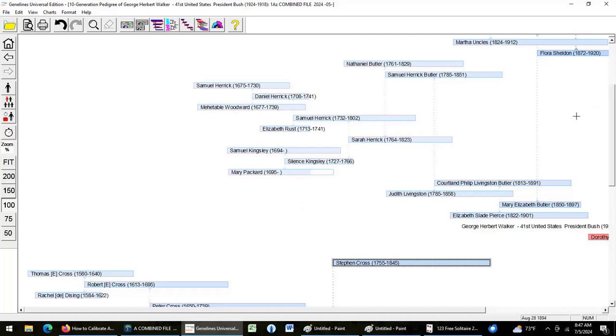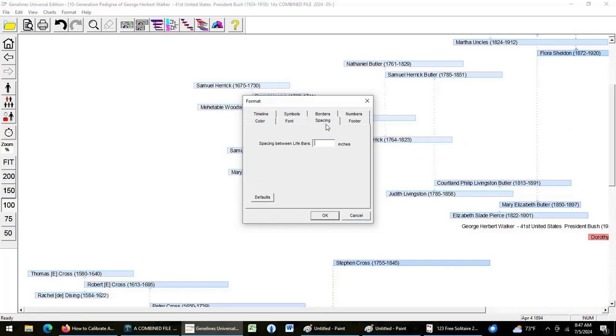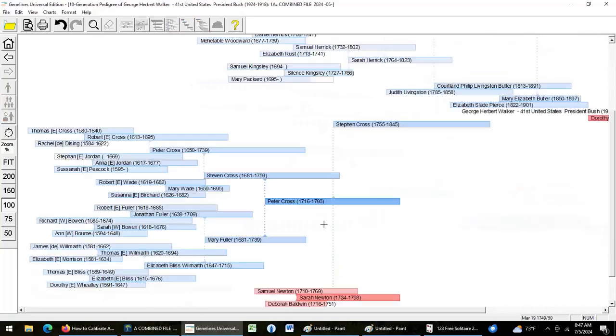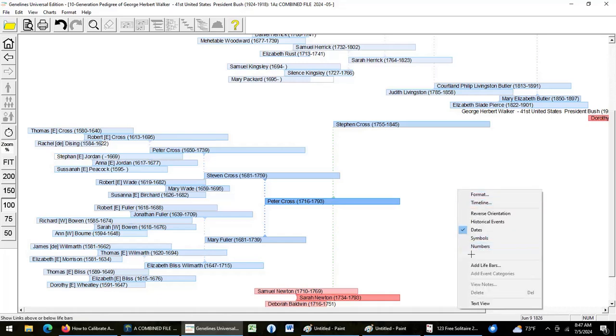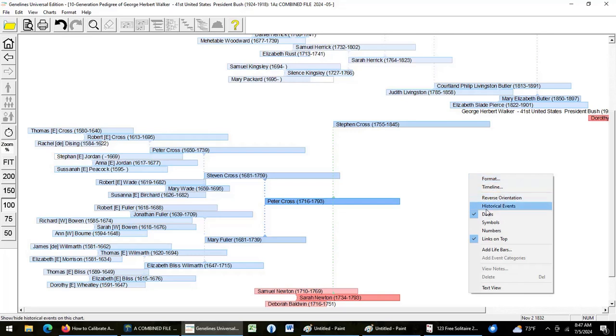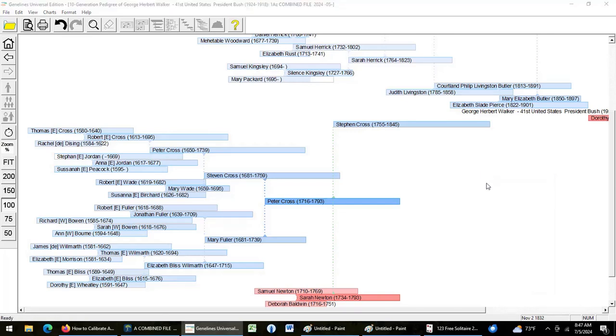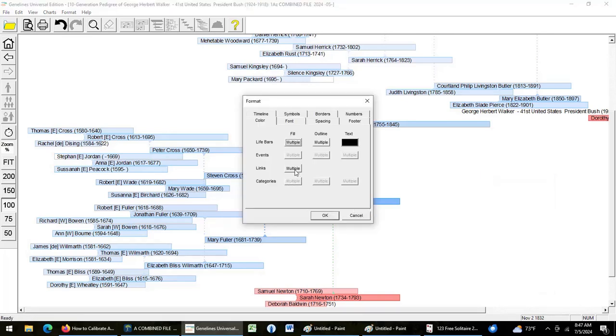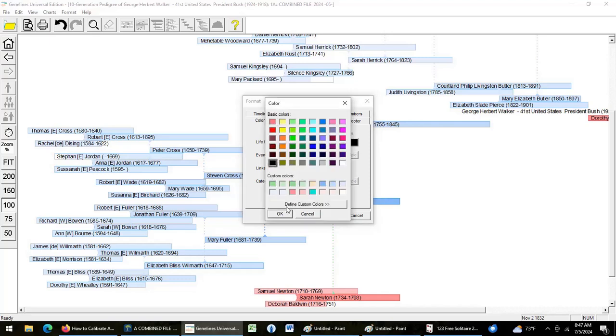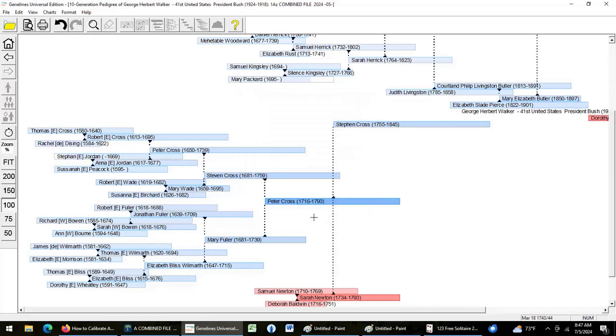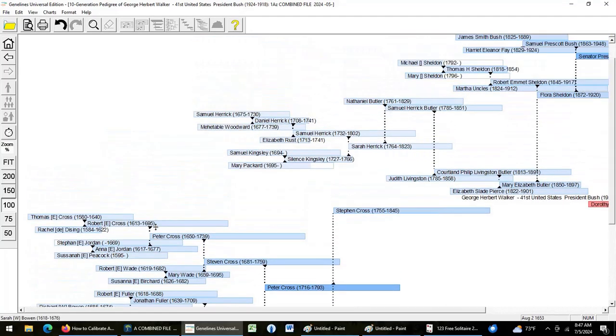And again, format, spacing, 0.02, okay. That shortens the chart down to where we can see it. And then again, links on top. Again, format, links, black, okay, and bingo, up we come with this, and lo and behold,